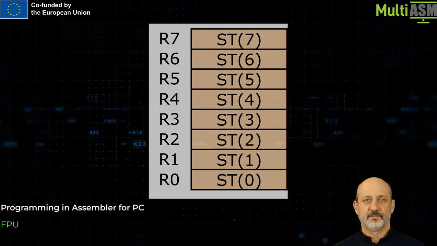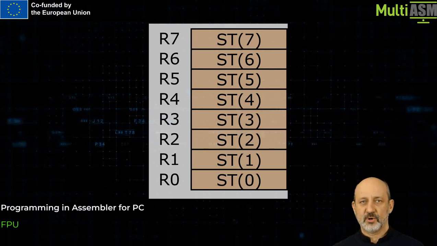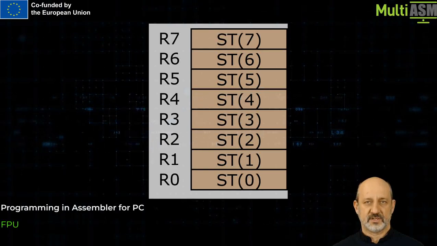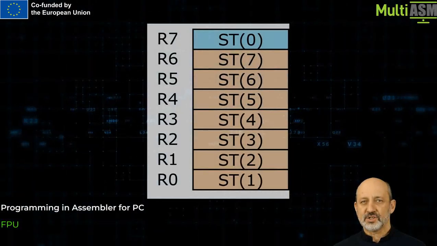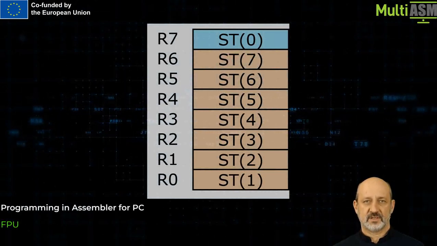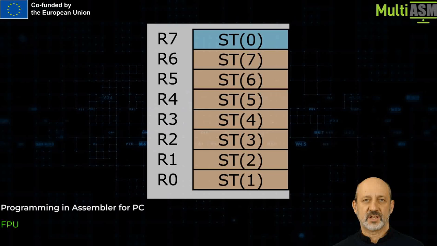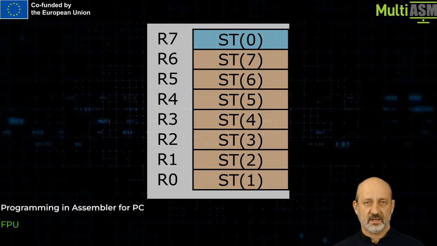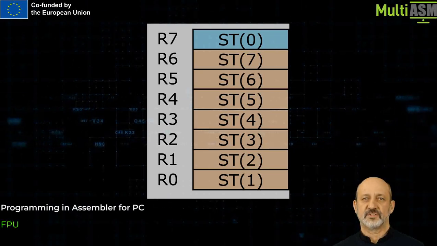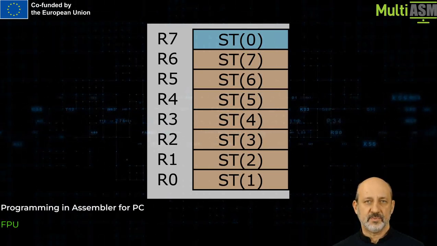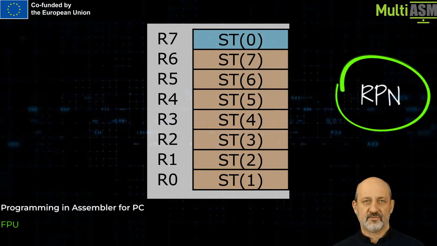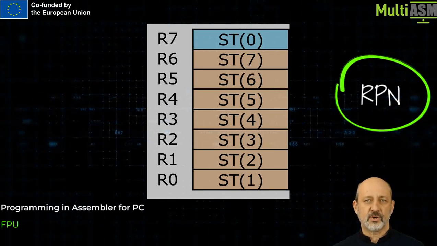a stack. The top of a stack is pointed to with 3 bits in the FPU status word register. Each time the data is loaded to the FPU, the stack top is decremented, and each time the data is popped off the stack, it is incremented. The stack organization of registers makes it easier to implement math calculations according to RPN, reverse Polish notation, also called